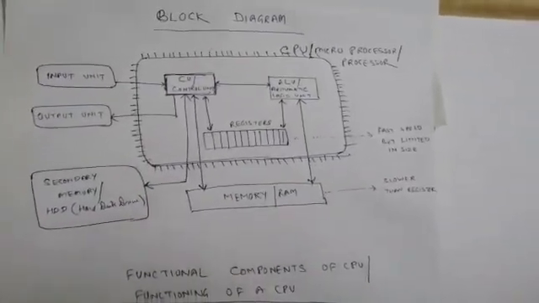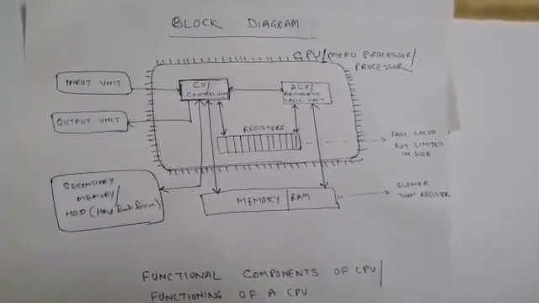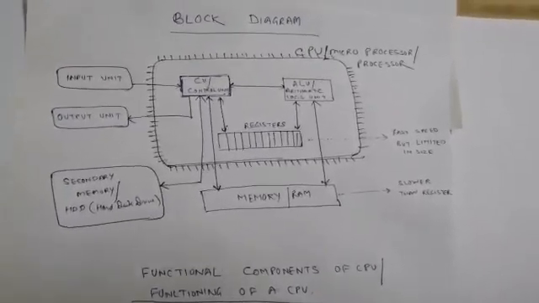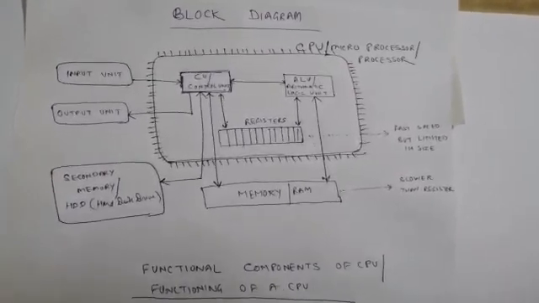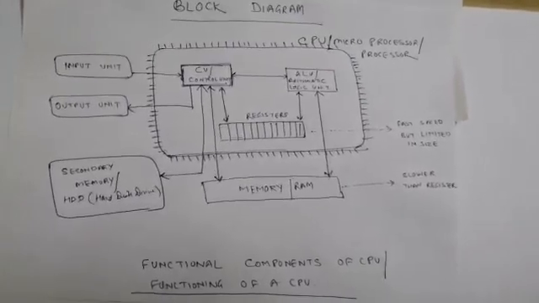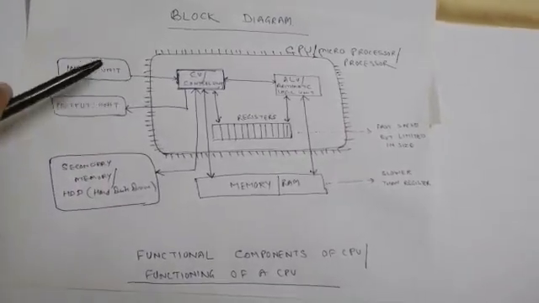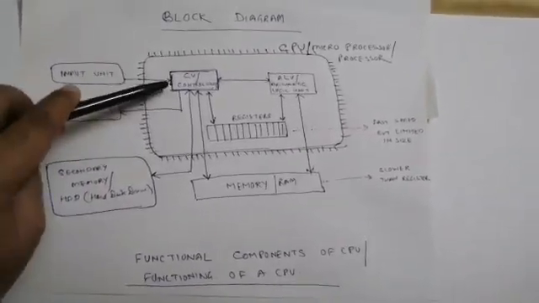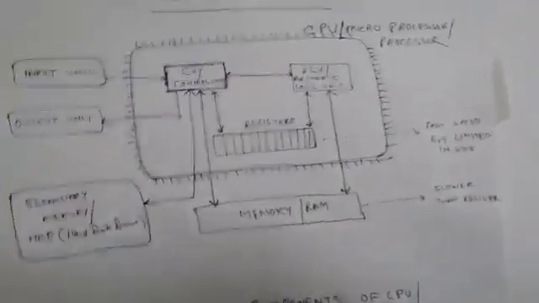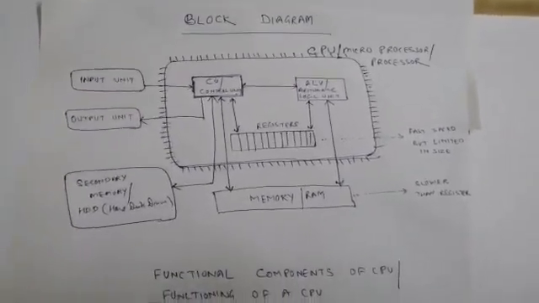Processing is done by only this CPU, and all the functions are done by this CPU only. That is a microchip processor which is developed by Intel, AMD, and many others. Right. So when we input the data, it goes to the control unit, then the control unit decides where to keep the data, and it generates the control signals and decides what to do with the data.